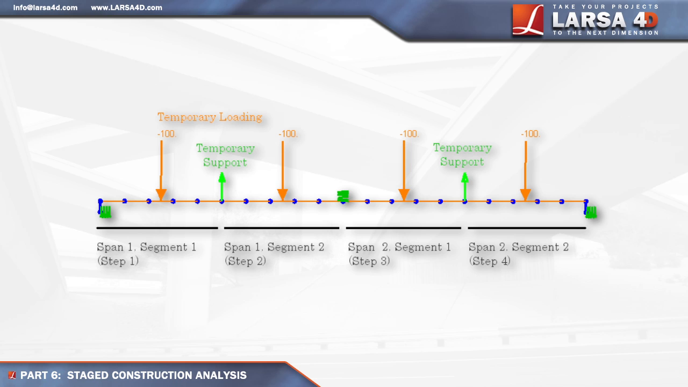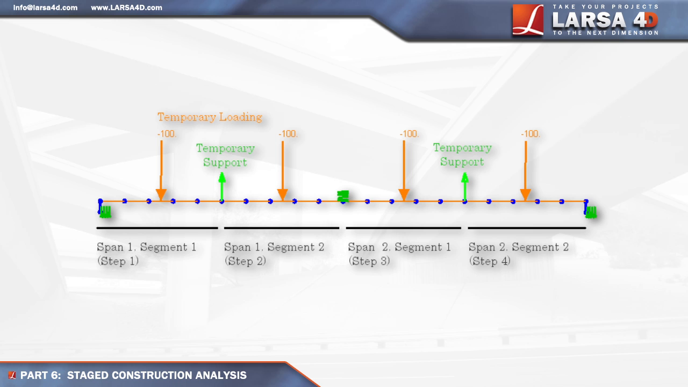The first part of this construction sequence will construct half of the first span with a temporary support at the midspan, along with a temporary construction load. The second part will assemble the second half of the first span, add a second temporary load, and remove the temporary support. The third part of this construction sequence removes the temporary loads, which will then be repeated for the second span